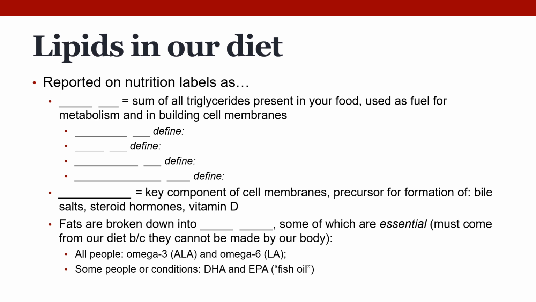Lipids are reported on nutrition labels as total fat and cholesterol. Total fat is the sum of all triglycerides present in your food. That means there's a glycerin molecule and 3 fatty acid molecules coming off of that. If all of those fatty acids have no double bonds,